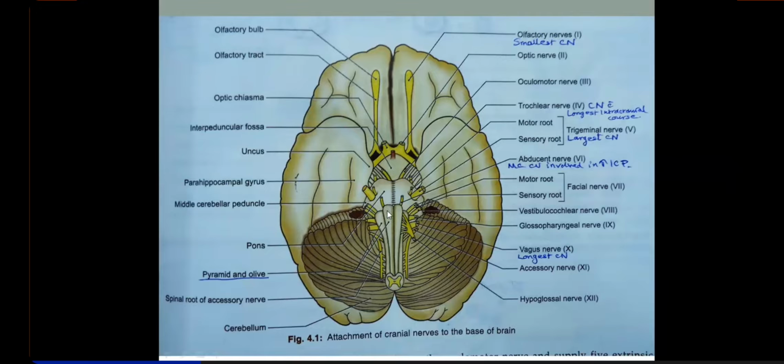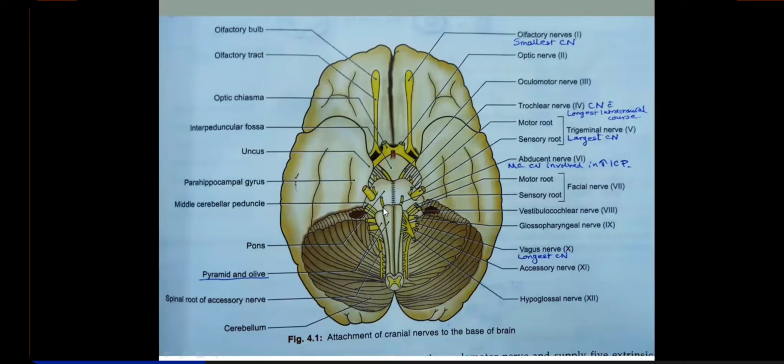These anteromedial bulgings are actually pyramids. This is called pyramids. And anterolateral bulgings, these are called the olives because of the inferior olivary nucleus in them. Okay. And these bulgings are because of the pyramidal tracts. So pyramids and then olives. So that forms the pontomedullary junction. So in the pontomedullary junction, the nerves that will arise will be 6th, 7th, and 8th, right?